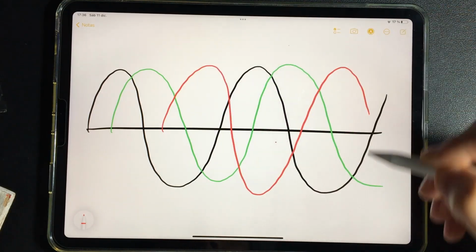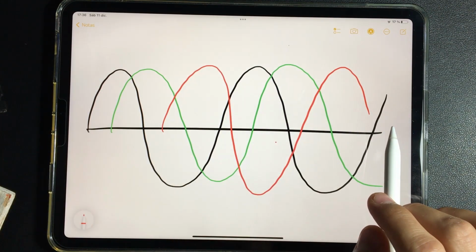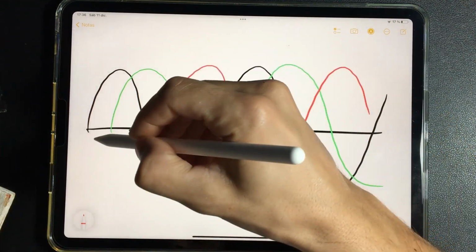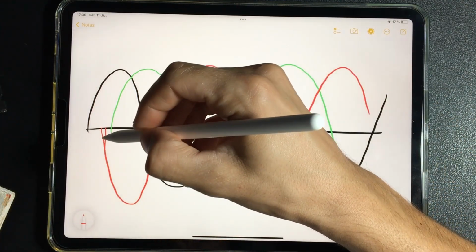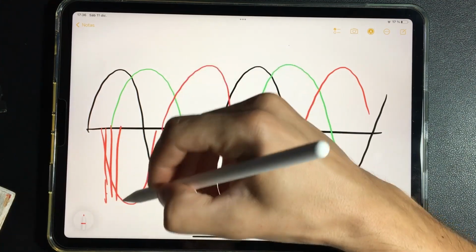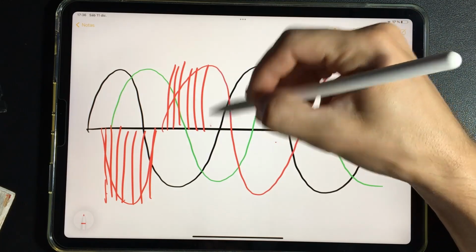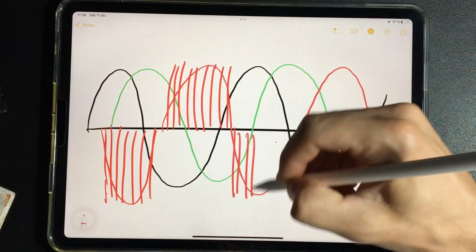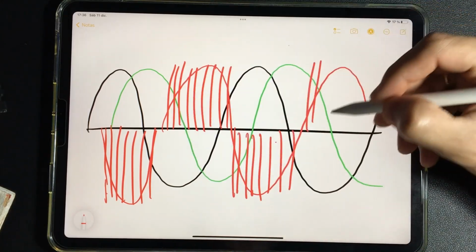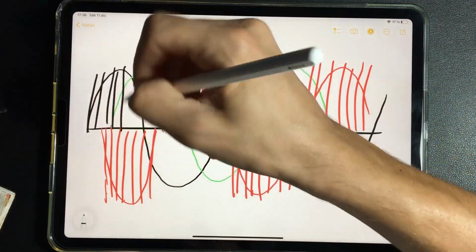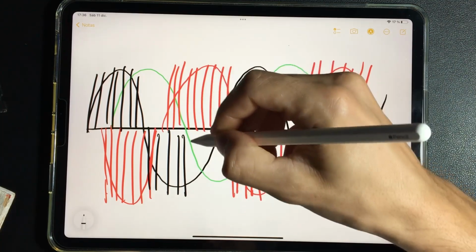Okay. This is not how it creates it. This is what the motor understands. In reality, what the IPM is going to create are pulses, always of the same height. In reality, it does not create a sinusoidal wave, but rather it creates pulses that the motor eventually understands as sinusoidal waves. So, we're going to draw it like this so we can understand what we're going to see later